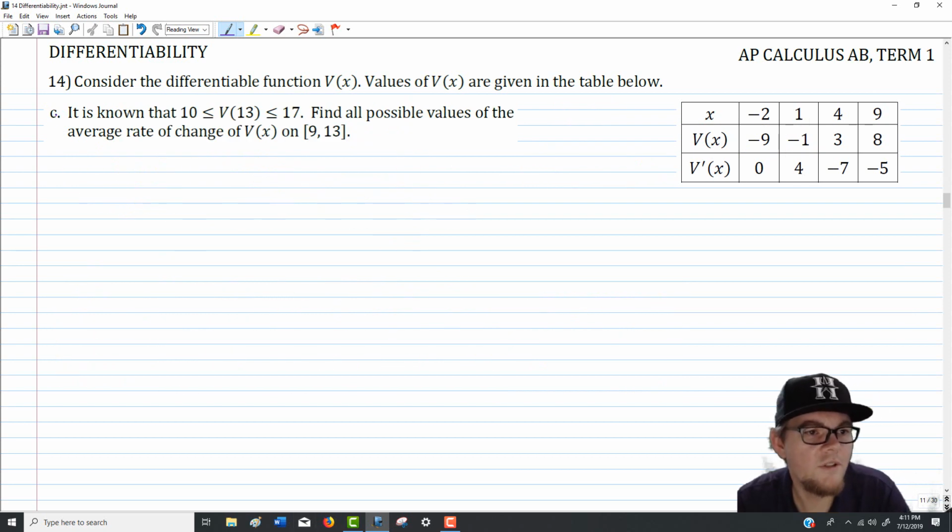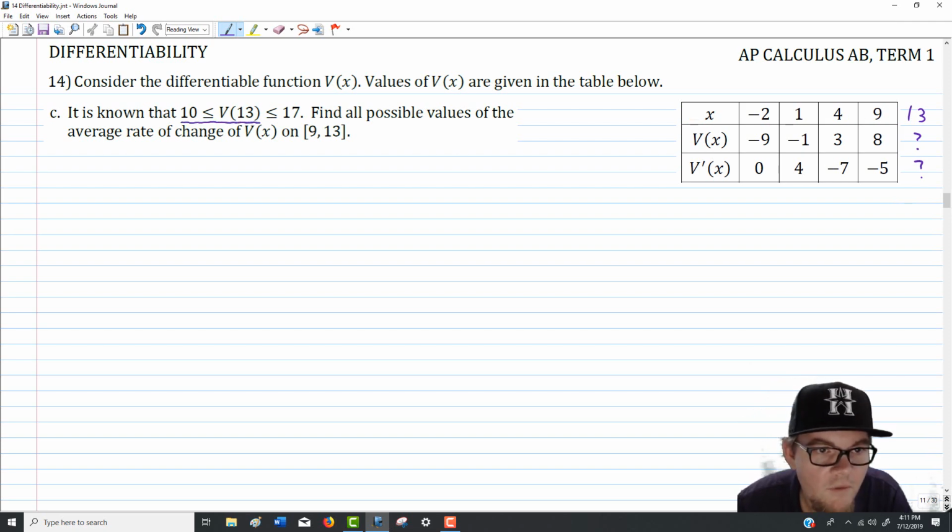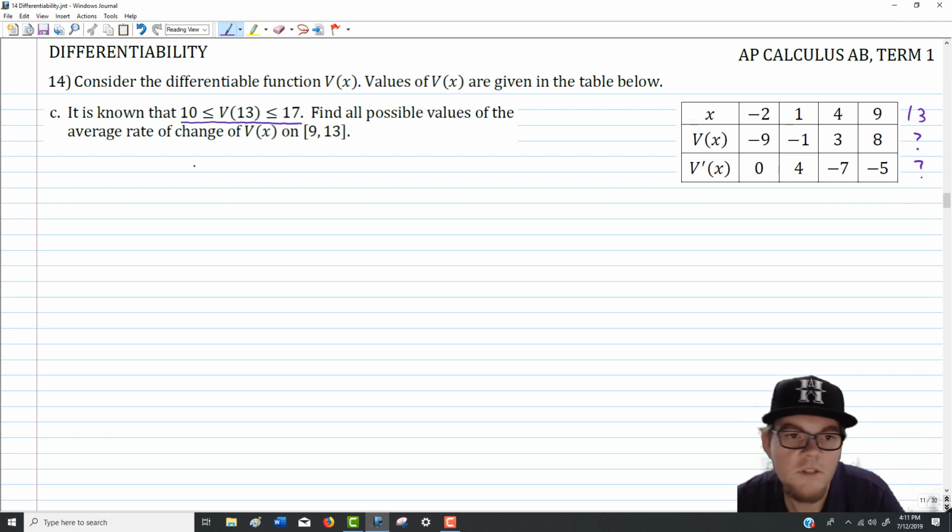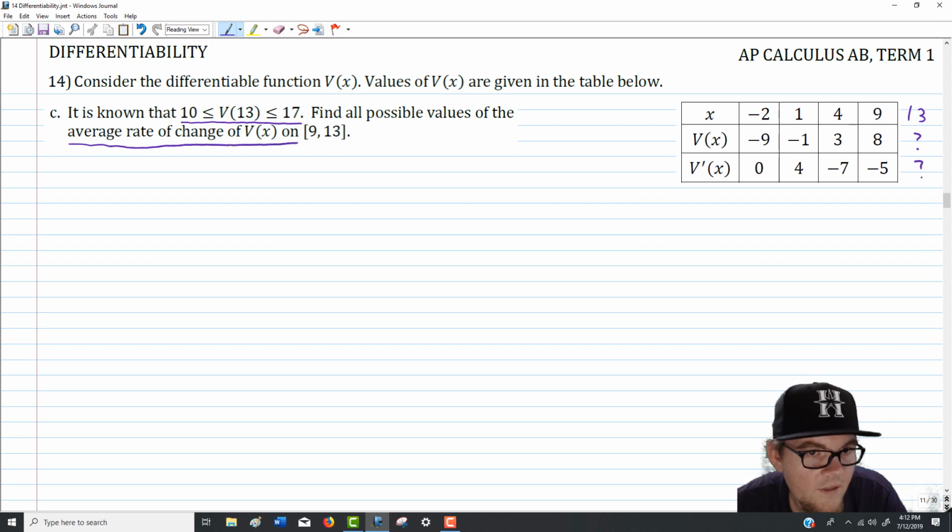Okay, next it brings us to question C. 14C states, it is known that 10 is less than or equal to v of 13 is less than or equal to 17. Well, I look over at my table and I go, yeah, we don't have anything about v of 13. So they're giving us all the information we have. So we're given some information about the range of v of 13. It then says, find all possible values of the average rate of change of v of x on 9 to